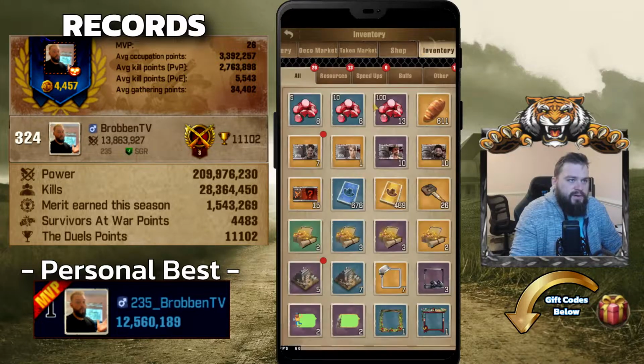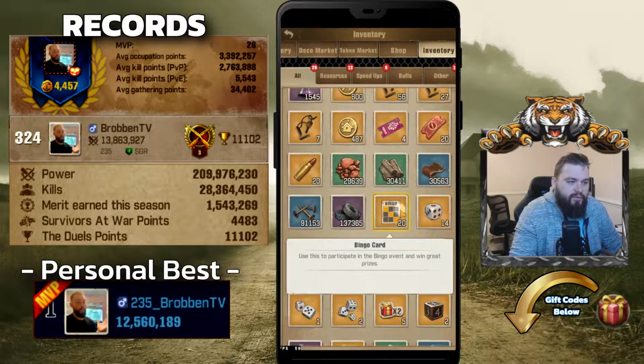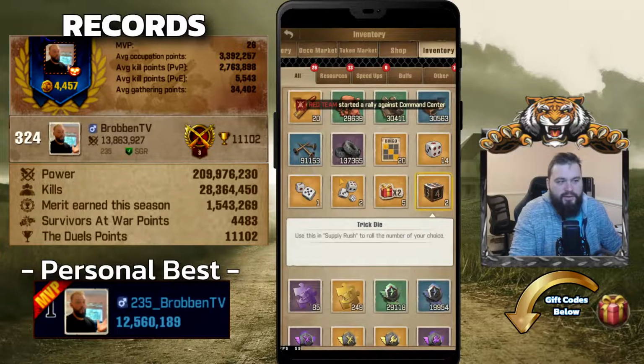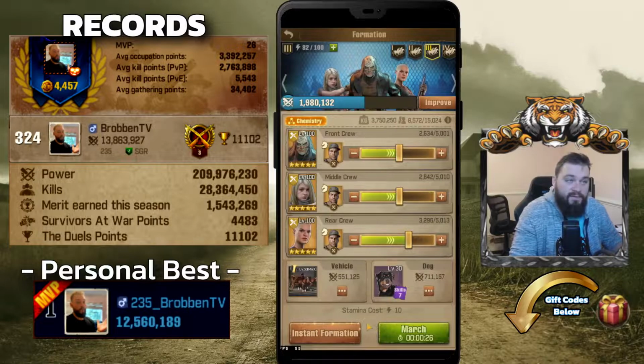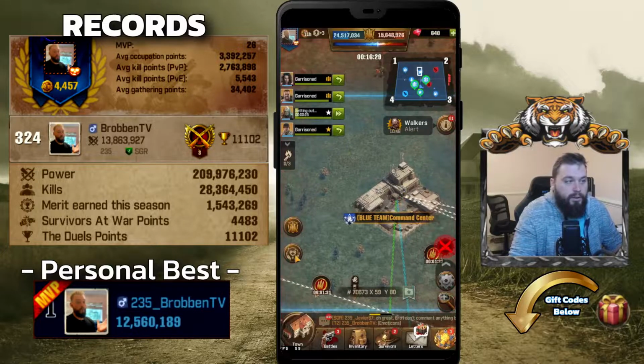Let's see if I can see my inventory. I don't know if they're in the inventory. Yeah, they are. There they are. So the number of rolls for the dice, the triple dice, the reward doubler, the doubler die, and the trick die. We're going to save all these for the next time, and we're going to do our best to get to level 8 without using any buffs. And then once we're at level 8, for all intents and purposes, we will just use all those consumables and see